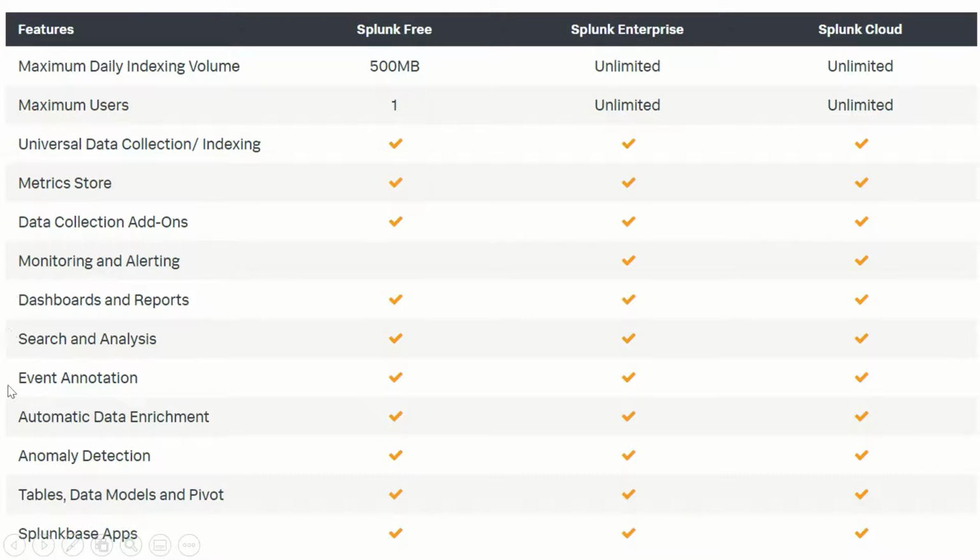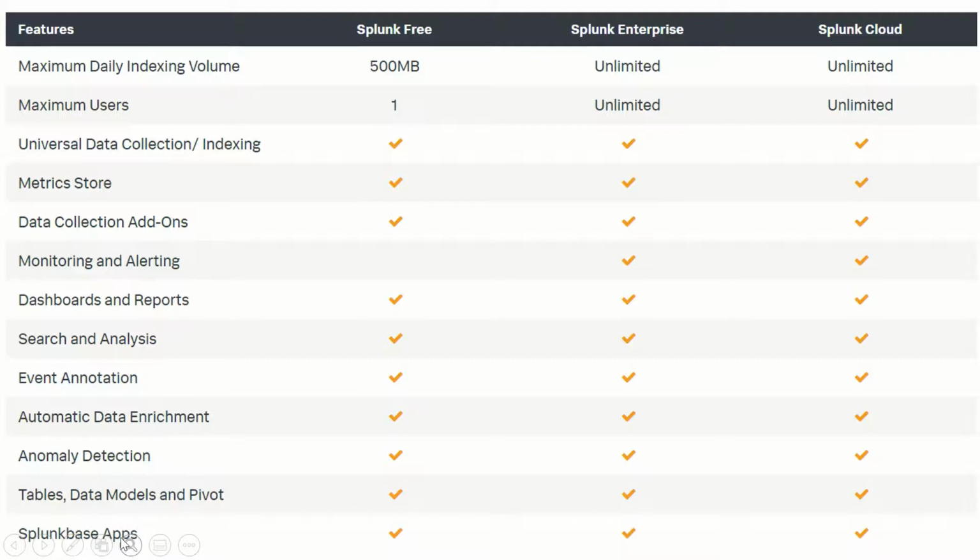Apart from that, all other features are supported by all these flavors, like dashboards and reports, search and analysis, event annotation, automatic data enrichment, anomaly detection, table and more data models and pivot.